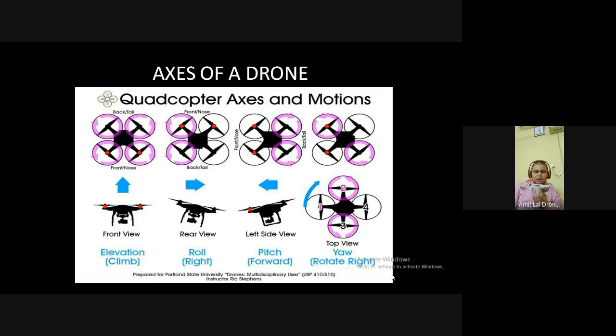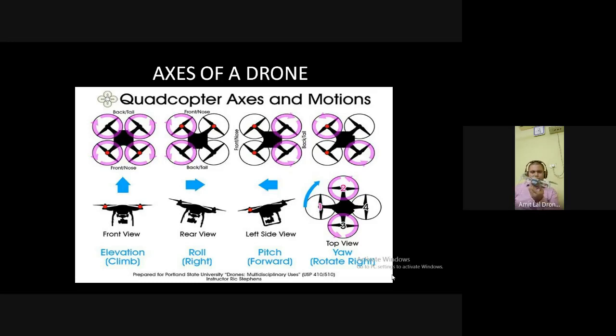So to yaw, you are yawing against the vertical axis. Yaw is attained by the rotation of the motors. For example, to maintain the same height, if I reduce the rotation of two motors, the other two have to speed up so that it maintains the same height. The other two are spinning faster, so they are creating more force compared to the other two because they have slowed down. That will create a motion like this, and that is called yaw.